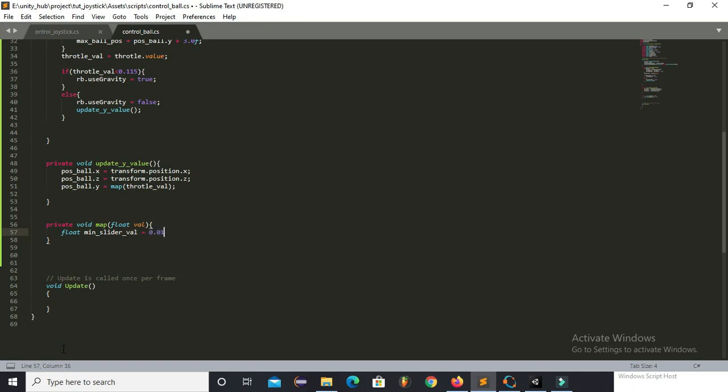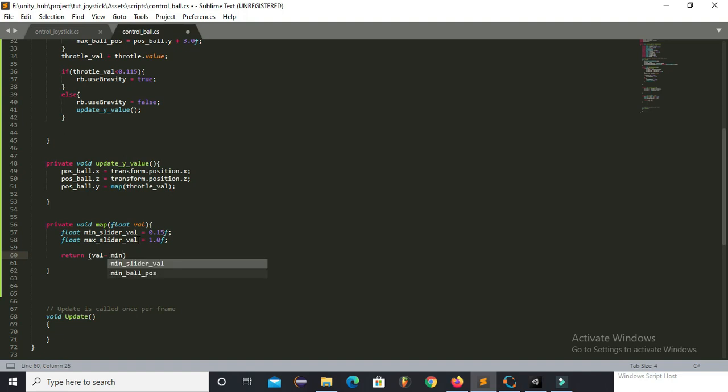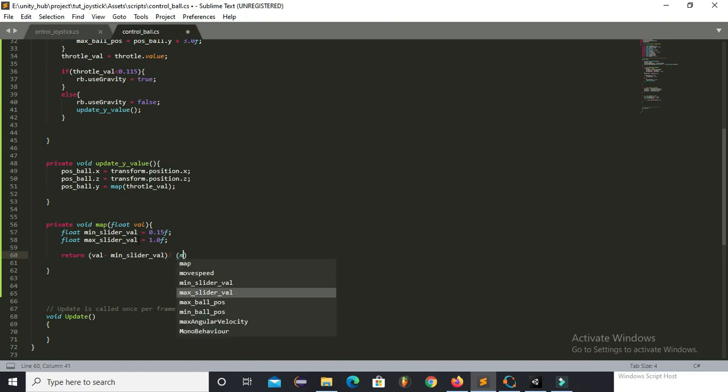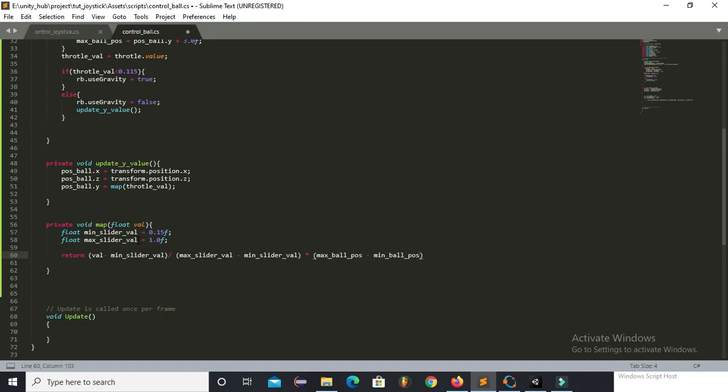So here I am specifying this is the minimum value for the slider, and maximum value to the 1, and now this function will return the mapped value, and the position of the ball in the air will be changed.